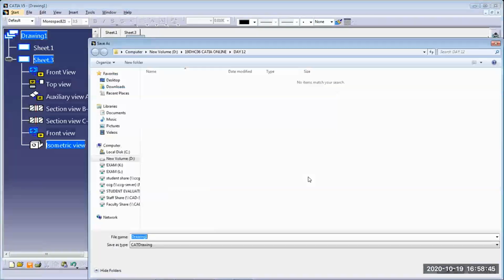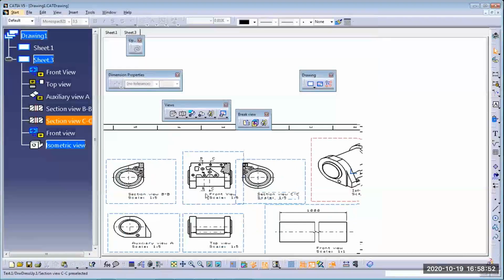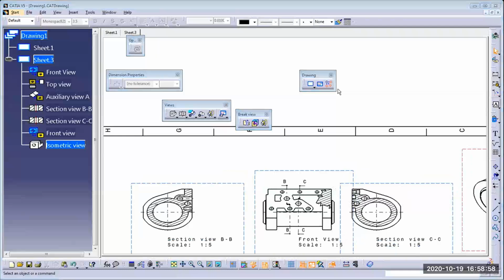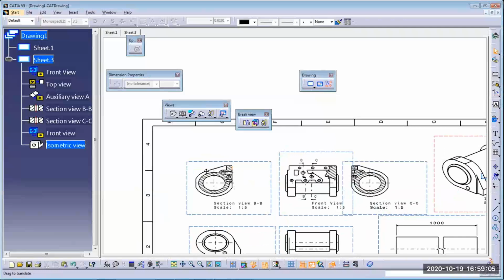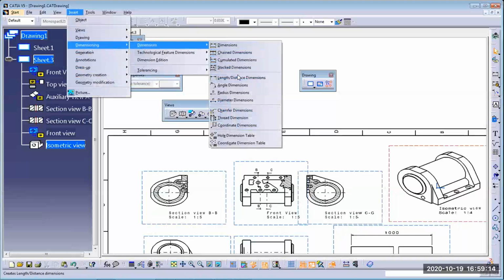Okay, I store this file. Save. Okay, next, you want to show some dimensions. For dimensioning, last time we discussed generated dimensions. Last time somebody asked a question about how to define manual dimensions. That you can do through insert, then dimensioning, dimensions. So this is the first chamber, this is second, third, and fourth chamber. Dimensions are divided in 4 chambers. The first chamber is for the system of dimensions, whether it is progressive dimensions, chain dimensions, like that. Sorry, this is the entity dimensions, and this is the feature dimensions.